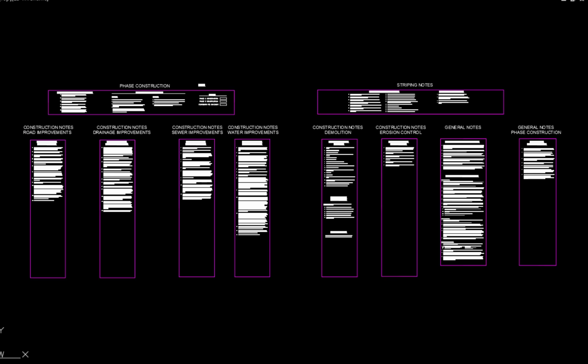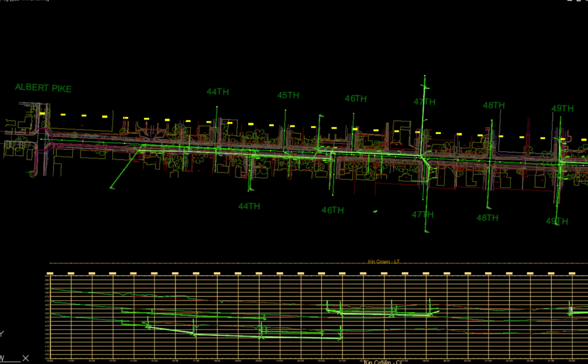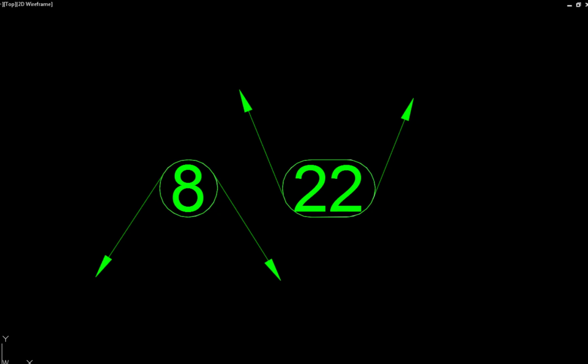Sewer construction notes are prepared to describe the various items of work shown on the sewer improvement drawing. Atkins uses construction reference labels placed in the vicinity of sewer improvement objects that reference a corresponding sewer construction note number and are used in lieu of individual notes. With the reference label, there is a lot less clutter and more detailed instructions can be given in each construction